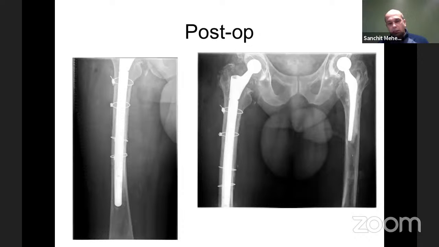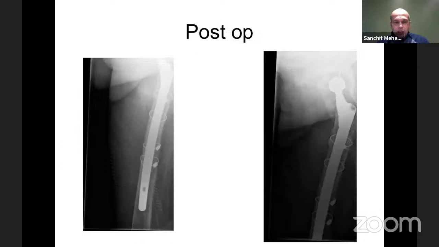In this case, you can see that we've achieved fixation over a long length around the isthmus, and the tube has been restored, which is why we did not need a plate in addition to this. This is the curved Revitan stem. The good thing about this stem, which is something to bear in mind when you have your revision inventory, is that on the larger sizes of this conical stem, you have distal locking options. So in cases where the isthmus is not giving you fixation, or you have to go long on the 260 stems, that distal locking option sometimes gives you further security, especially in the elderly osteoporotic bone.